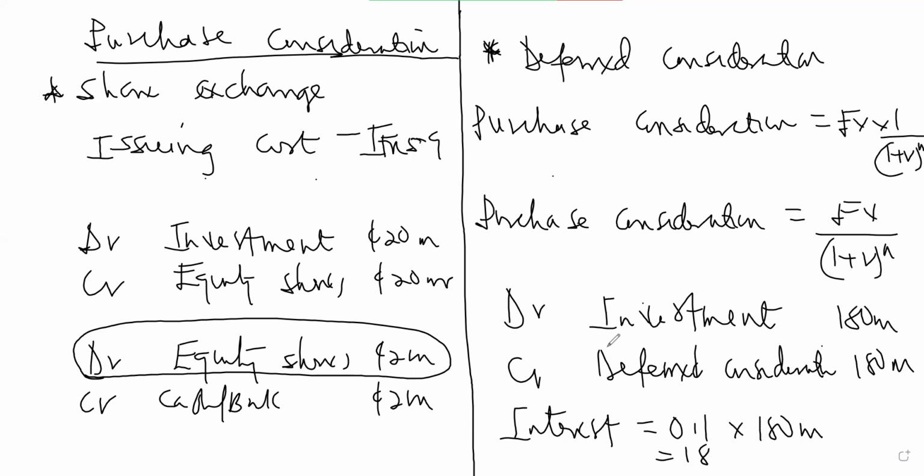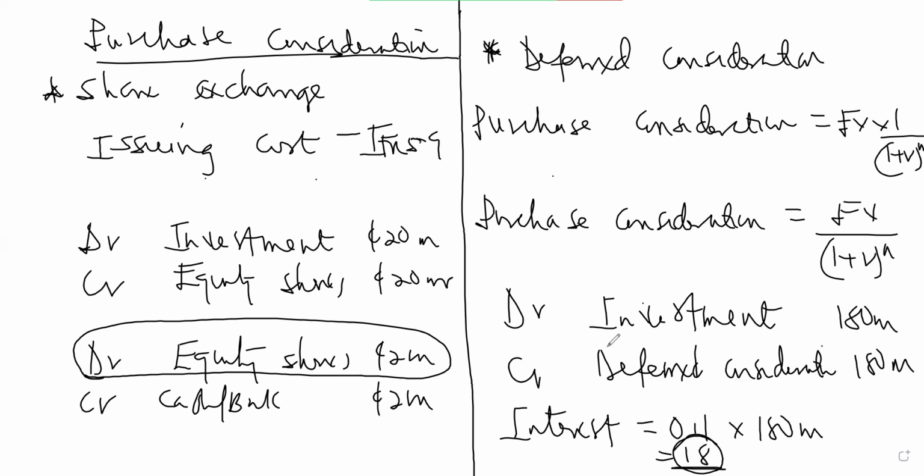So you will now increase your amount. This will go to profit or loss. If you are doing consolidated statement of profit or loss, this will be charged as an expense. You add it to your finance cost. But if you're not doing consolidated statement of profit or loss, you are doing financial position, this will be taken to the group retained earnings, which is the retained earnings of the parent.